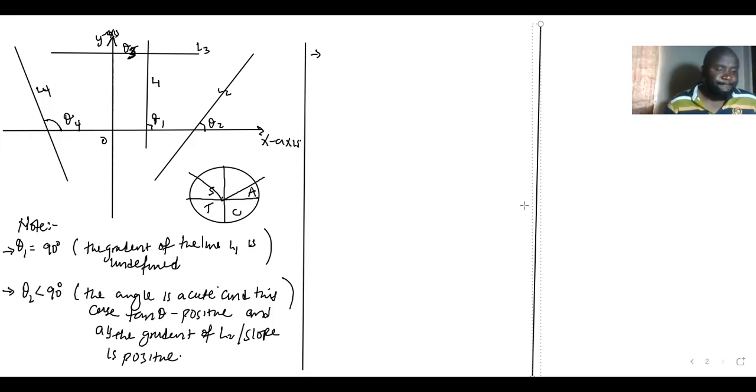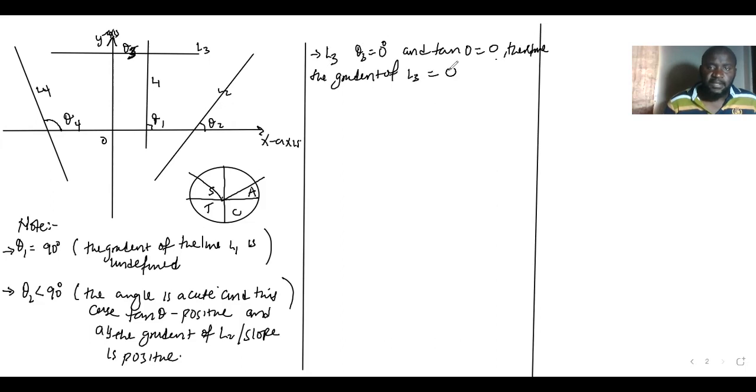Then thirdly, for the line L3, if you come to line 3, theta 3 is 0 degrees. And in this case, tan of theta is 0. Therefore, the gradient of line 3 is 0. So whenever you have a horizontal line parallel to the x-axis,